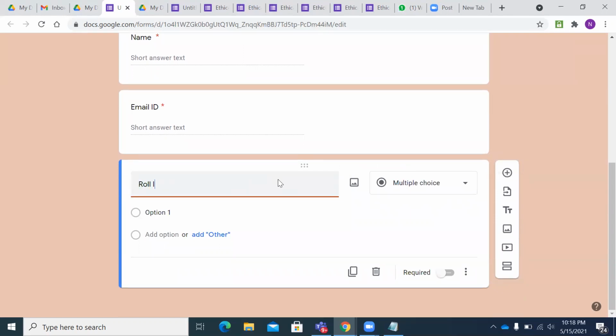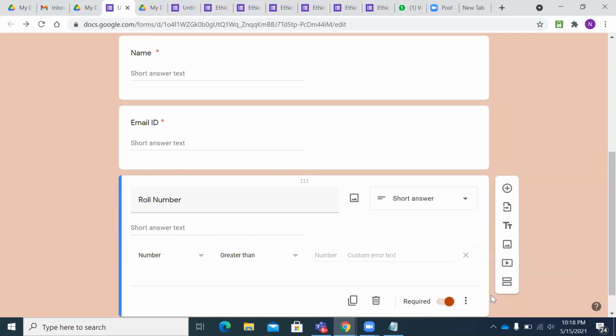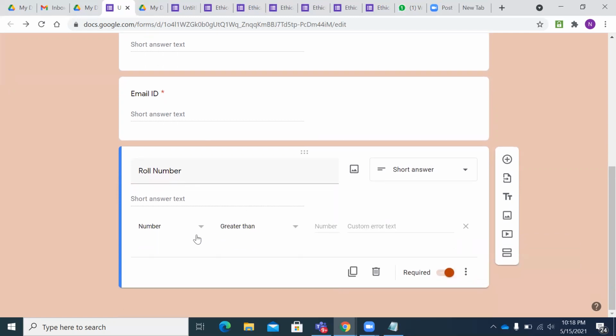So let me add a roll number. Under this roll number, you can make this a mandatory field. Also, you can add some response validation. To add this response validation, you need to click on the three dots button, and here, this is not description, it is response validation, the conditions.